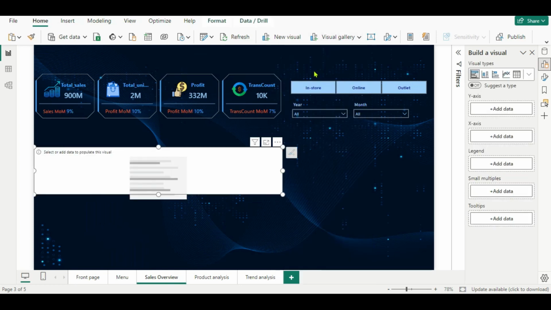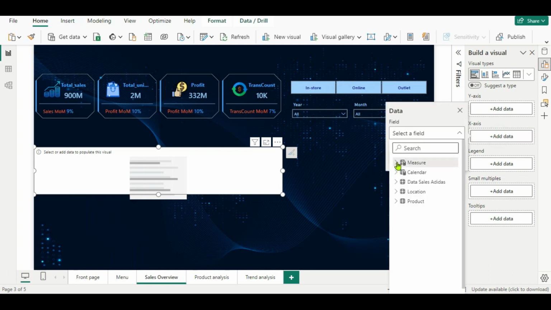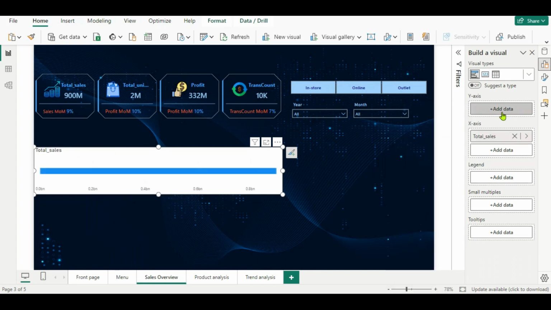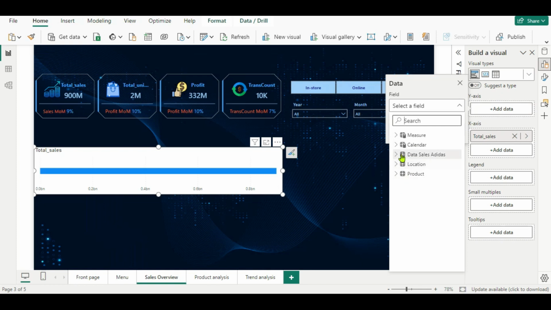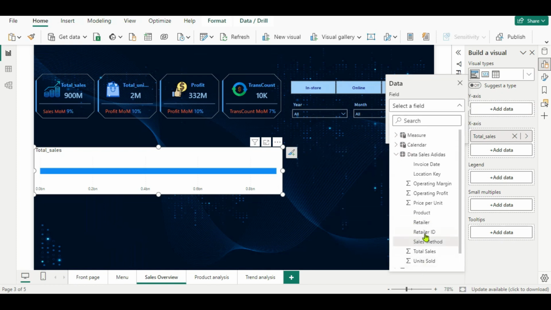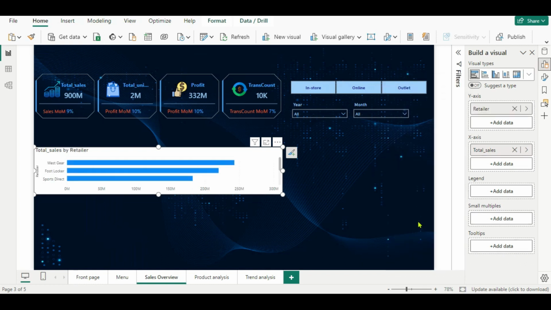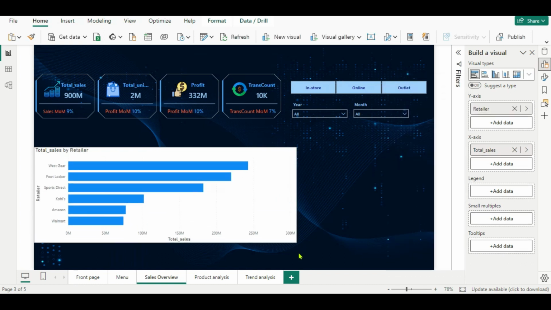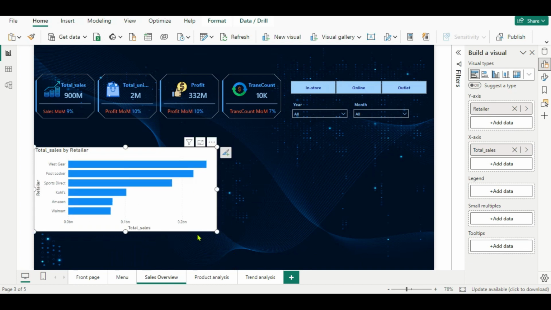Okay, then we have to select the x-axis first. X-axis will take the total sales. Okay, we'll take the total sales here, and in the y-axis we are going to take the retailers. So here we are going to take the retailers. Okay, now